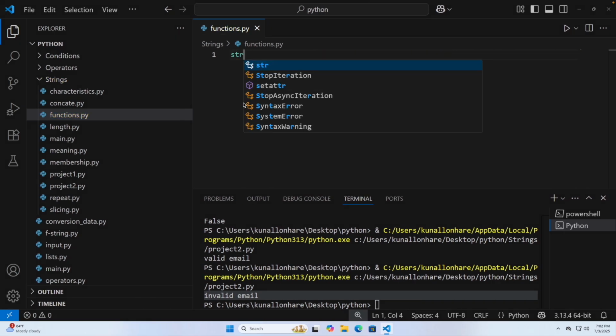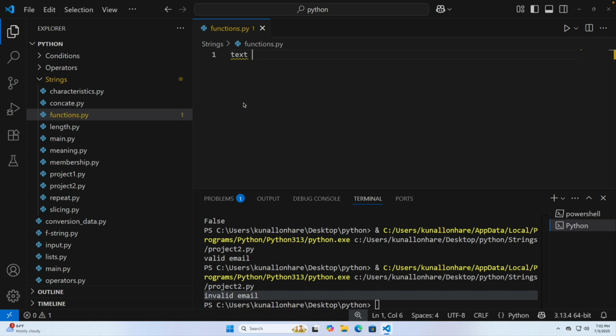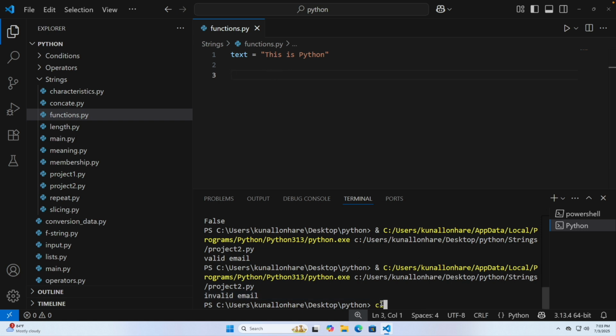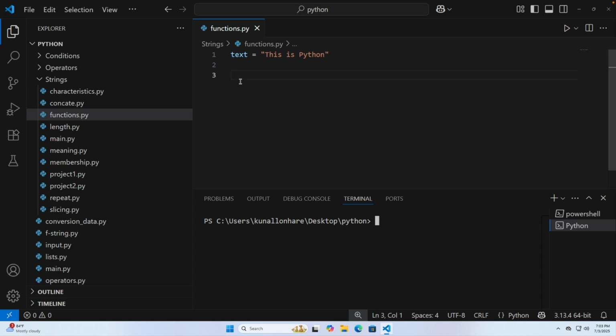So for example, let's say I write a text variable, and here I say, let's say this is Python. Now let's say I want to convert each and every one of them to lower case. So what I am going to do is write string, text dot